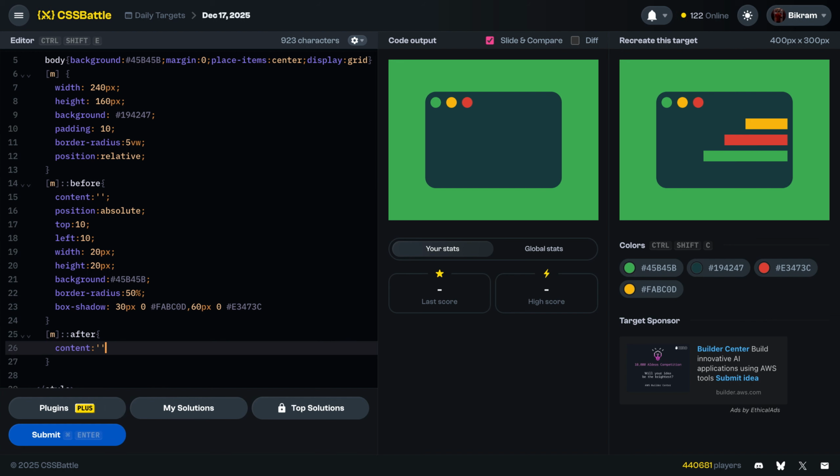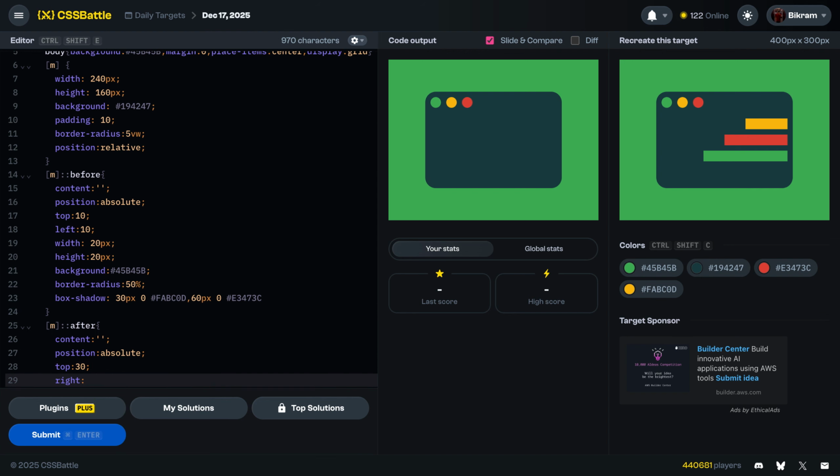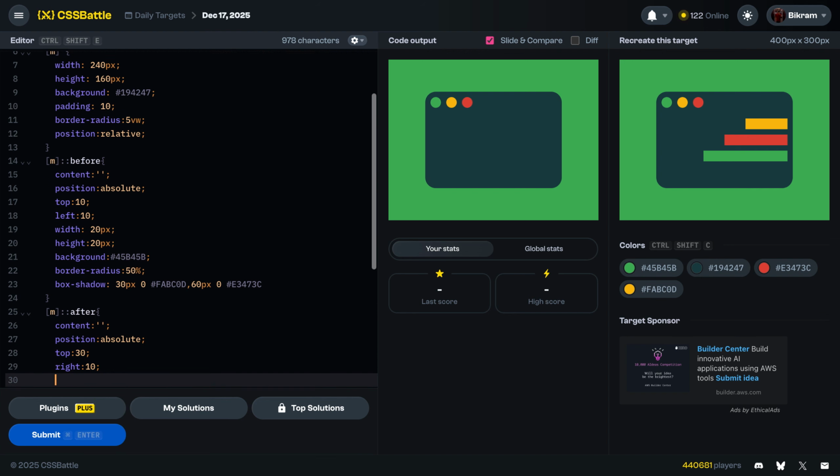Content is going to be empty. Position of absolute. Top is going to be 10, 20, 30, and right is going to be 10,